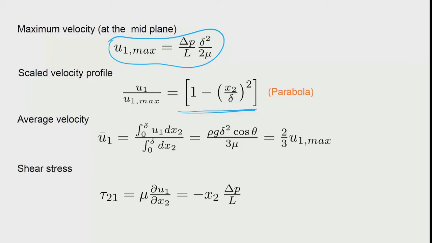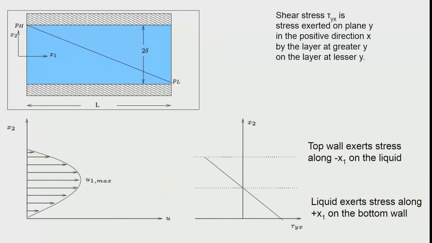The average velocity is calculated in the same way, and you would also see that the same relationship comes here also, that is, the average velocity to the maximum velocity has a ratio of 2:3. And we could also then apply Newton's law to get the stress profile, and you could see that the stress profile comes as a linear function with a minus sign. So, similarly we can also see that it comes in this manner.